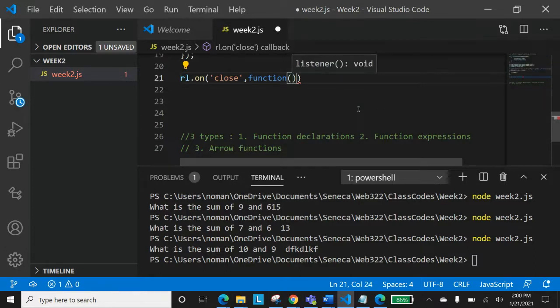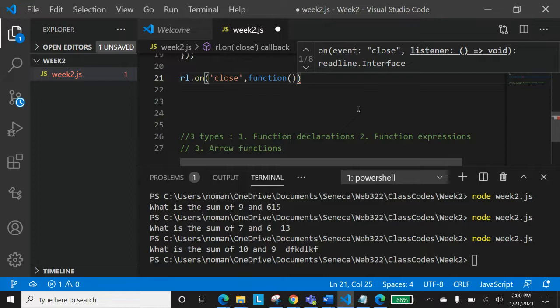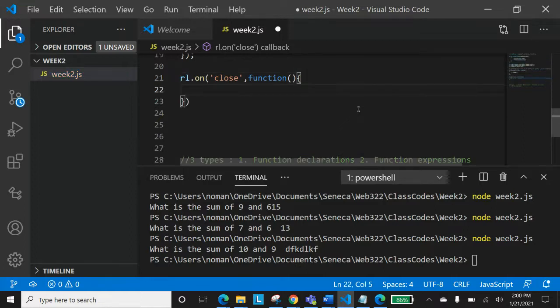First of all, let me just write in the traditional way. The traditional way of writing a function is something like this. And there is a parameter that goes inside that, which we have done. Let me first completely finish that, and then I will explain what I'm trying to say.